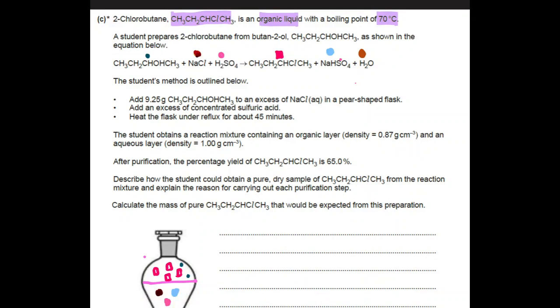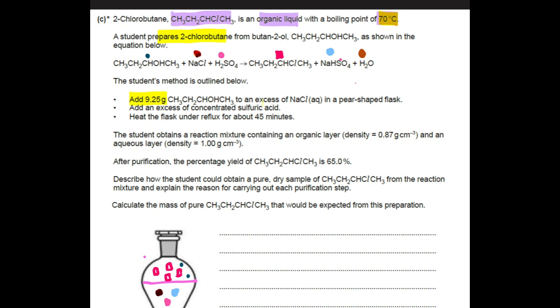Okay, so this question is again from A-level chemistry, and some of my students really found it tricky when they were doing the mocks with us, and I thought to just quickly make a video clip on this. The question says 2-chlorobutane, and they gave you the formula, is an organic liquid, and its boiling point is 70 degrees Celsius. The student prepares 2-chlorobutane from butan-2-ol, as shown in the equation, and the student method he used 9.25